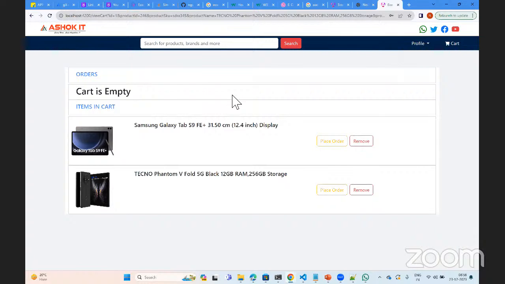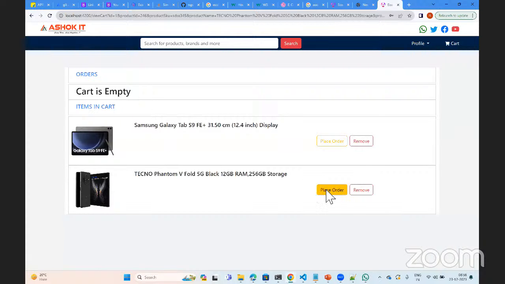We can get the data, post the data, and update the data. Update means whatever existing data is there, you change something inside it. And we can delete the data. See, I have deleted all the items in the orders, so here we are able to see the cart is empty.